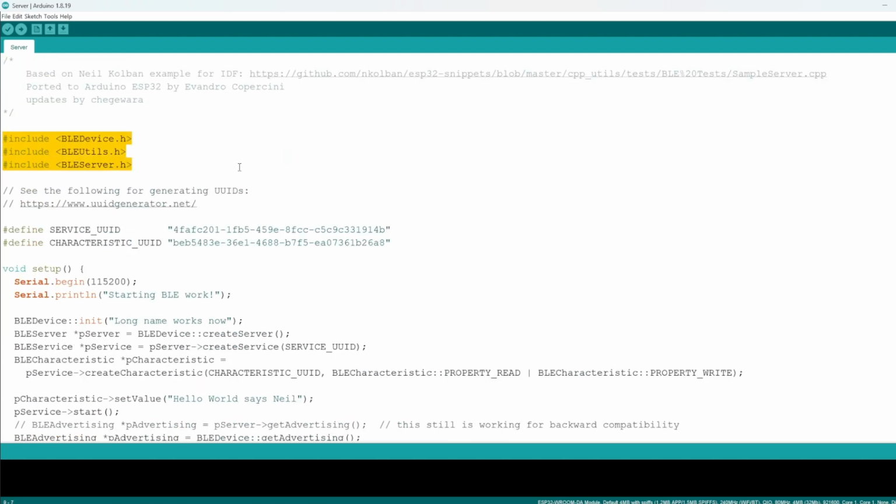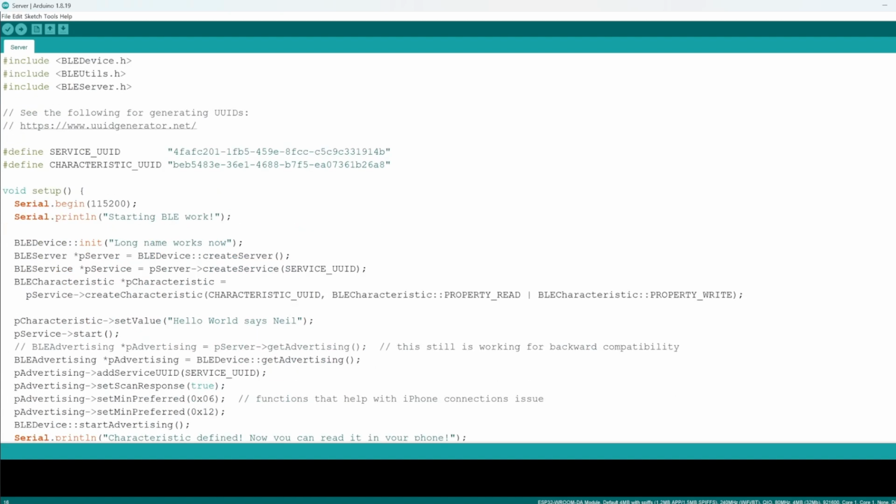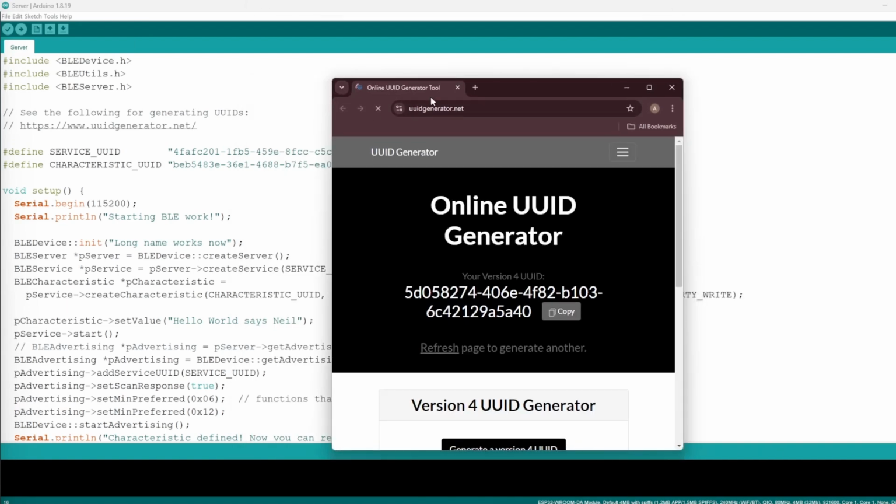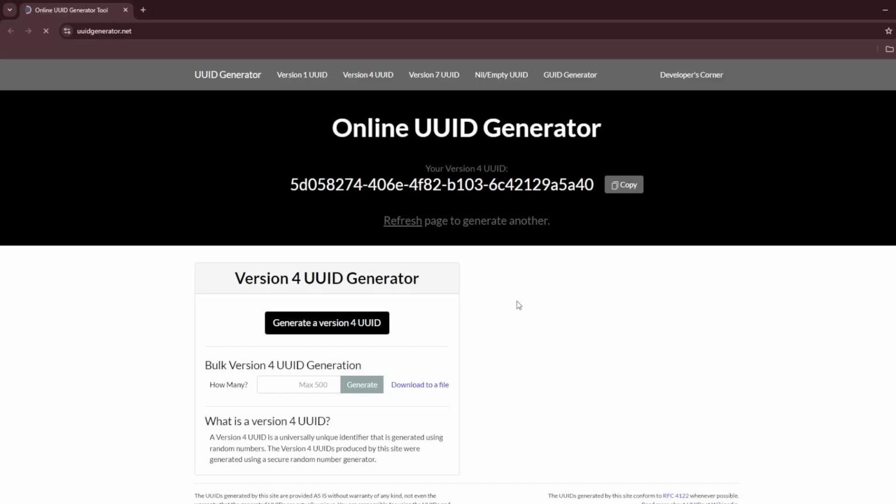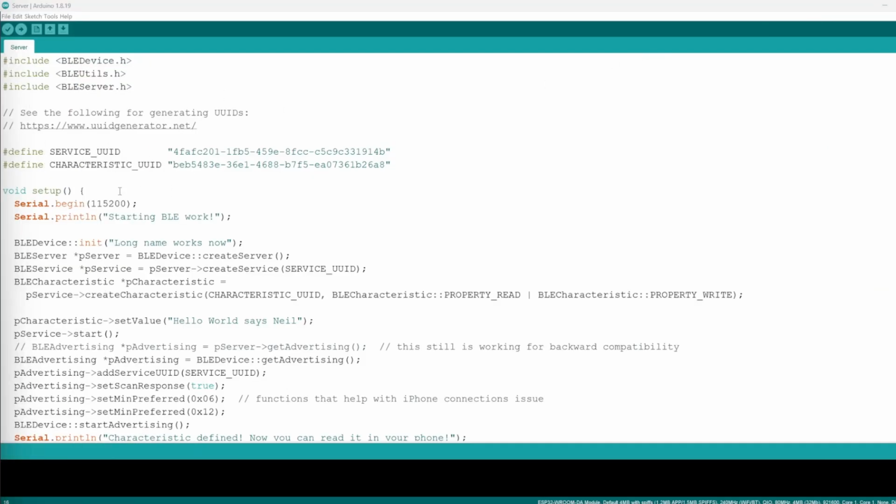First and foremost, we must import the necessary libraries for the BLE capabilities. Then, as we've mentioned, each service and characteristic has a UUID, and so this sketch uses these UUIDs. You can go ahead and make your own UUID through uuidgenerator.net, and you can use this to create your own UUID, but I will go ahead and use the default